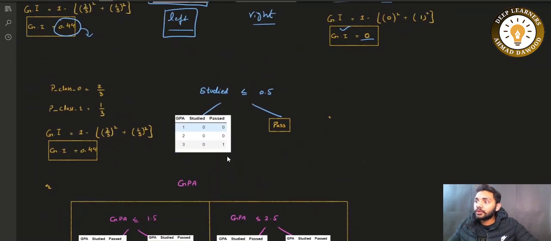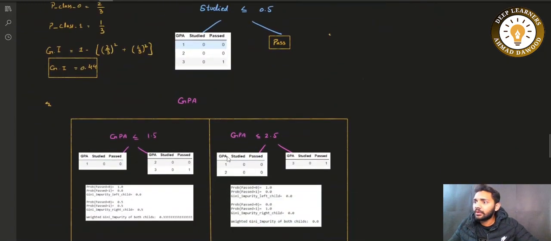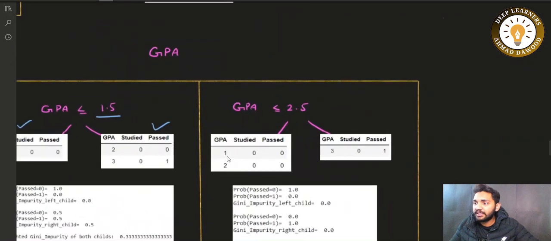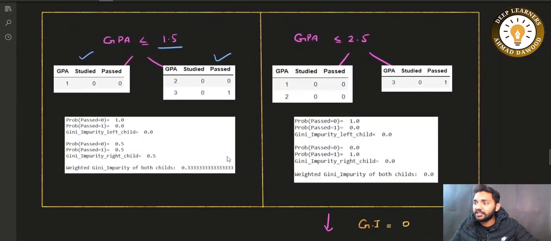Okay, so now in the case of 1.5 we have 1 point on the left side and 2 points on the right side. And when we calculate the Gini impurities of the left and right child and calculate the weighted sum, it gives us 0.3. When we select a GPA value of 2.5